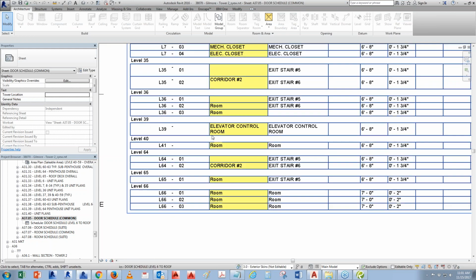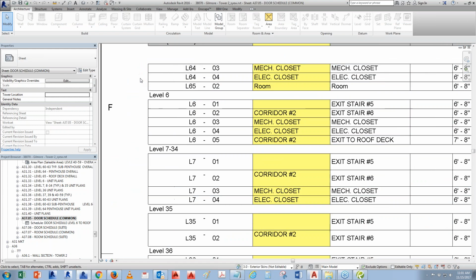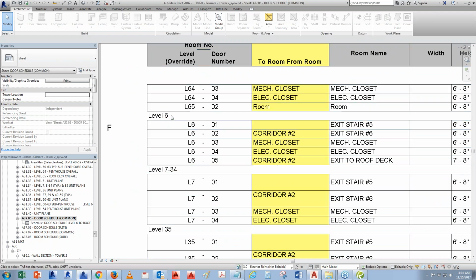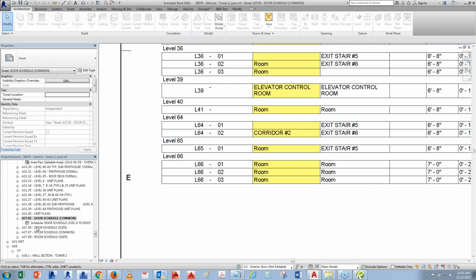And what happens is that right now it's not completed yet, but you get the gist of the idea. Right now this one I haven't put the level override, so it doesn't know what it is. So you have 6, 7 to 34, 35, 36, 39, blah blah blah, etc. And then once you go to the suite itself,